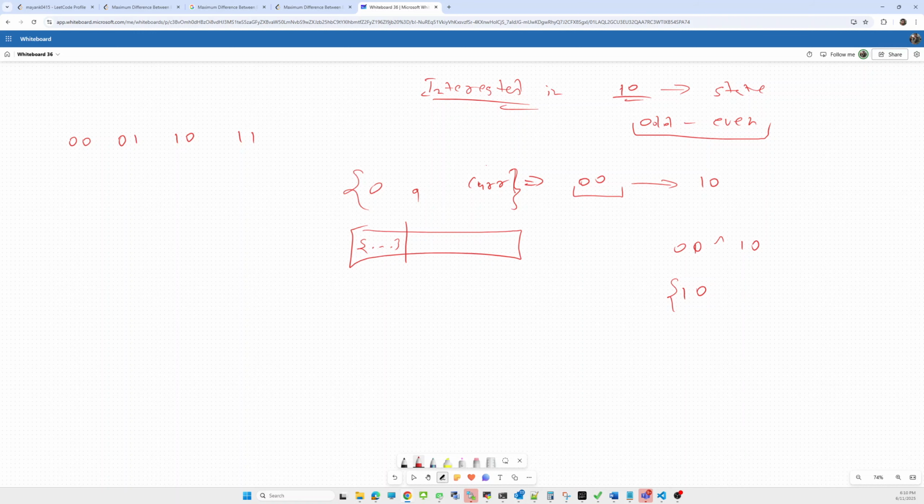So if there is any previous state in this best array, I will get the minimum state.